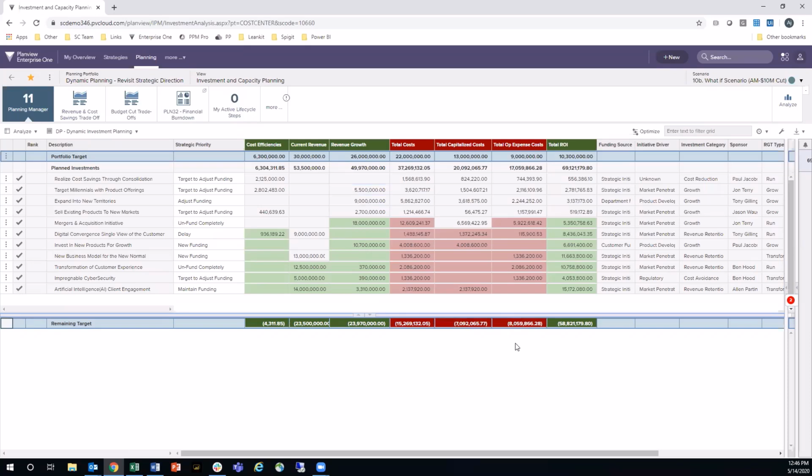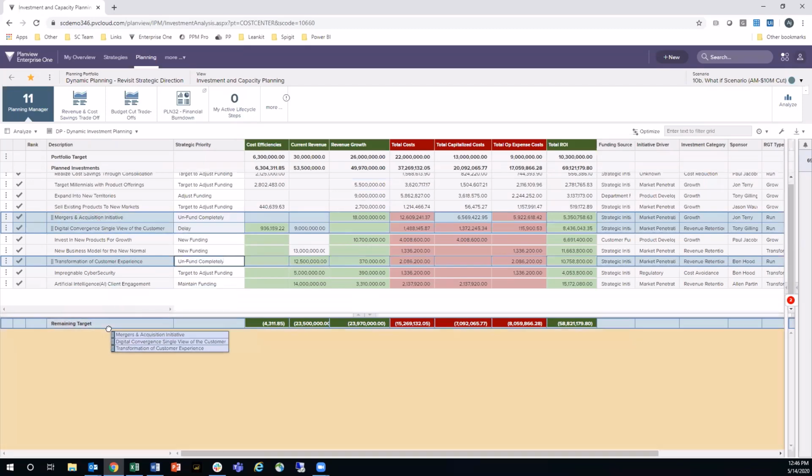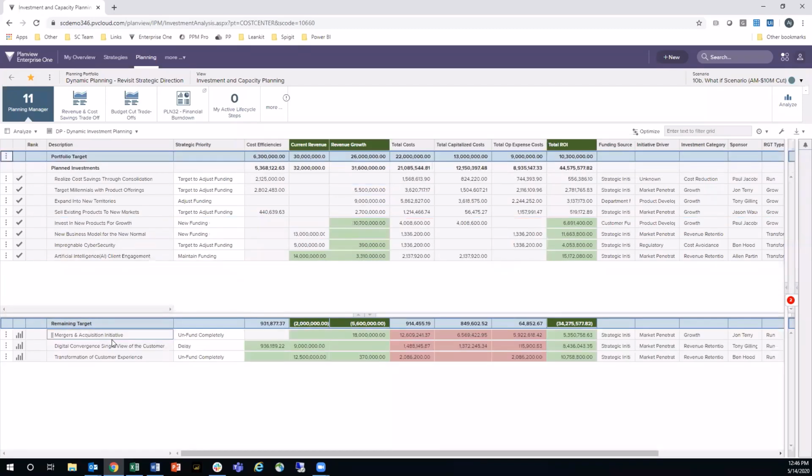And the next thing I can do is I can unfund and delay funding for some of our other strategies. Move these to the bottom. And you'll notice the relationship of what just happened as we started to unfund those new strategies. We could see that our costs were now no longer over our costs, but we're still hitting revenue and revenue growth targets. This is where we give you that data to help you drive your decision making and compare multiple